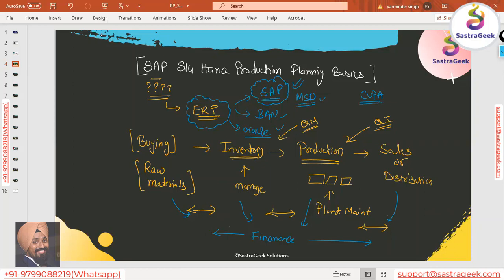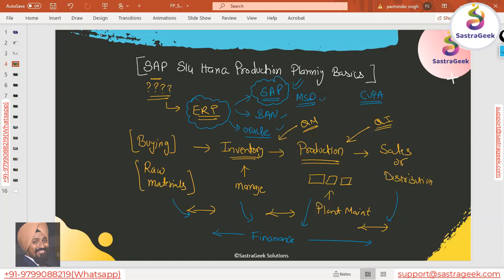We'll be going here with production planning and manufacturing. We'll see what the SAP process is. If you need to produce, what process SAP defines. So already defined processes are there, which SAP provides. And the very good and very important thing in SAP is that everything is linked with each other. Inventory is linked with production, planning is linked with production, buying is linked with planning, and then your sales and distribution will link with the inventories, and everything gets merged into finance. All the transactions get merged into finance, everything would be linked to the financial transactions.